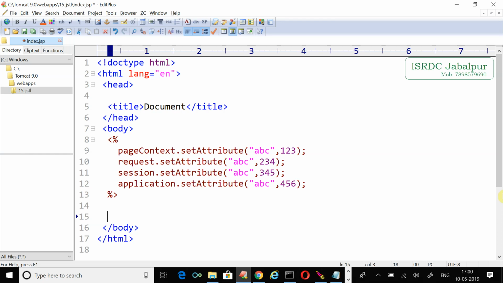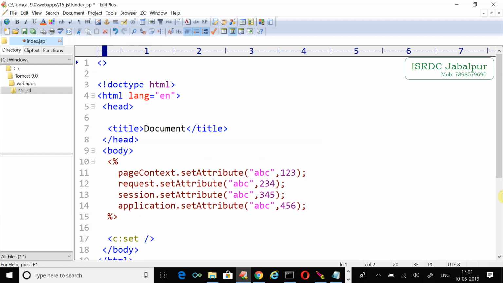using JSTL? There is one tag, set. This tag allows us to save an attribute. There are 2 different variants available. Set with var attribute. There is one more variant of set tag, which is set tag with target attribute. So let's start with the var attribute. We will use the c:set tag provided by JSTL. So we need to first of all include the taglib directive,